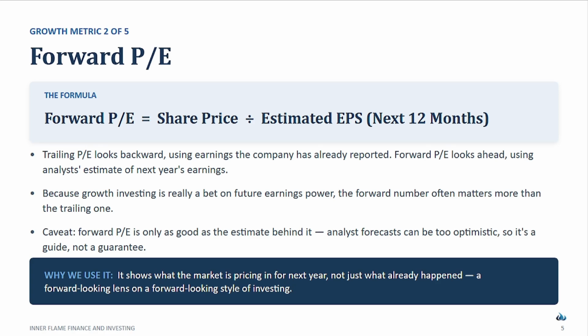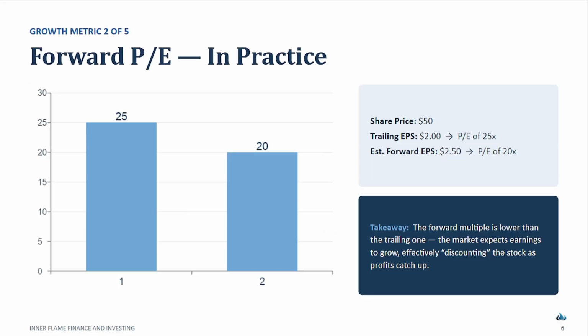We're hopeful, we're optimistic, we want to bake in the growth that we're expecting for the next year, but we don't want to be too optimistic, get our hopes up, and only be let down in our portfolios in the future. So just a quick example. The share price of a stock, let's say, is $50 per share. Let's say the trailing EPS is $2 even. So we take that $50 price, we divide it by $2 of earnings per share, and we get a PE